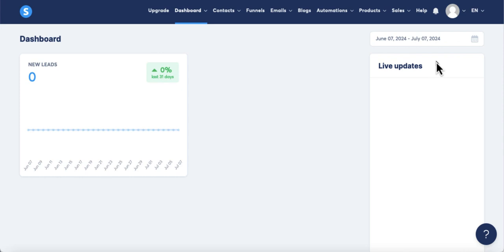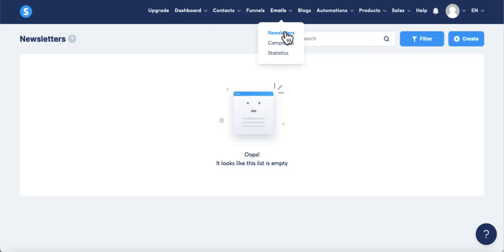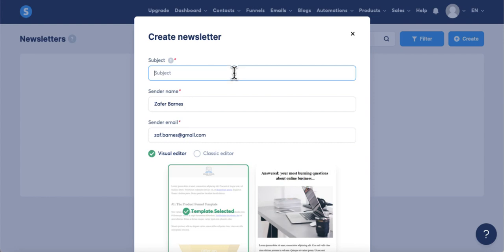Here we are in my free Systeme account. First, we need to go to Emails, click on that, and then you'll see the option for Newsletter. Click on Newsletters there. If you haven't created and sent one yet, it will be blank like this. You then need to click on Create for your newsletter and give it a subject name,